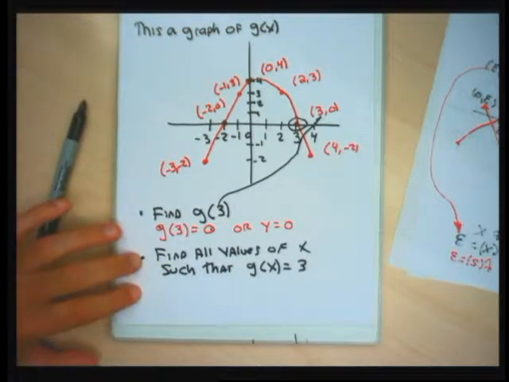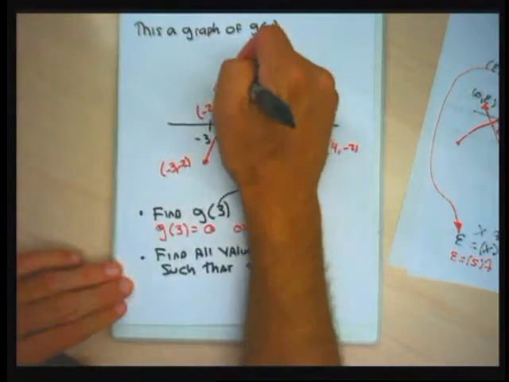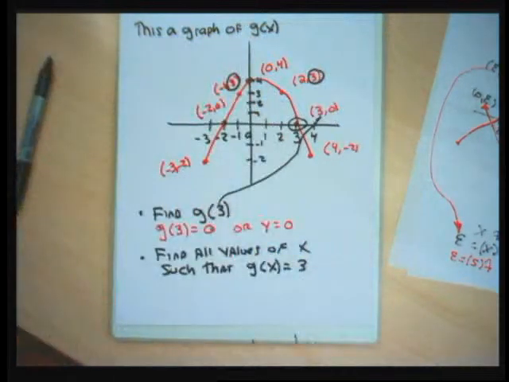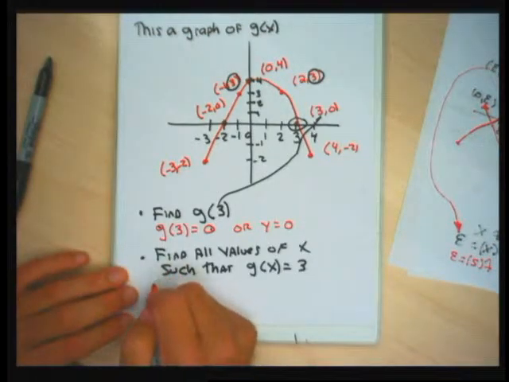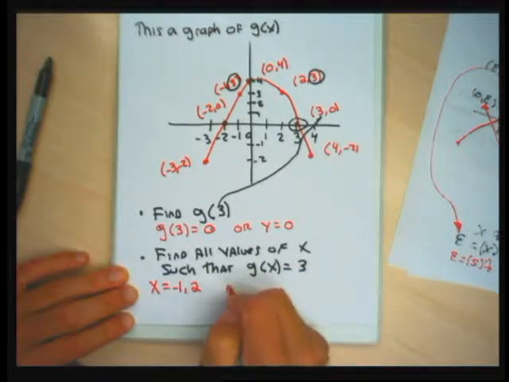The second question that I wrote on this sheet of paper, the 3 is to the right of an equal sign, so it stands for a y, and it wants me to find the x's that pair with that y. For the second one, I have 2 points that I drew that had y's equal to 3. I have 2 x's to give for an answer. So for my answer, I could just say x equals -1 and 2,